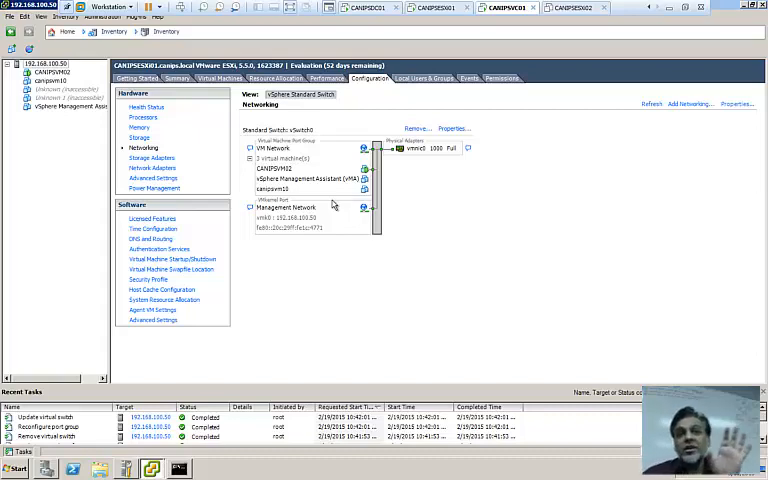Now, there is more depth into this. What is in the vSwitch? How do you add a vSwitch? How do you add more ports? How do you manage switches? There is a complete chapter we're going to go through, but for now, all we need to do is